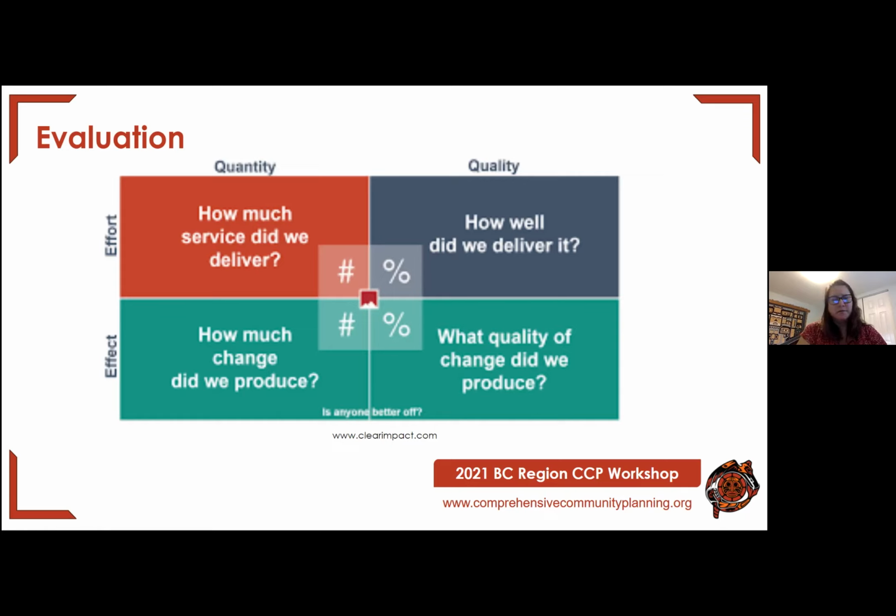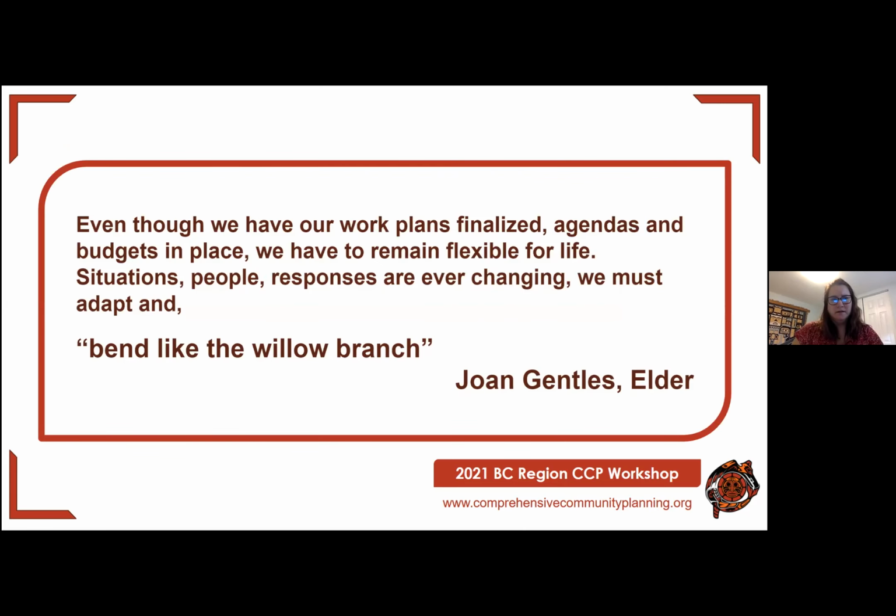So going further, and this is exactly what Jesse mentioned earlier, everything comes back to, it seems, history. As I worked in Williams Lake, even though we have everything finalized, agenda set, budgets set, we need to remain flexible for life.